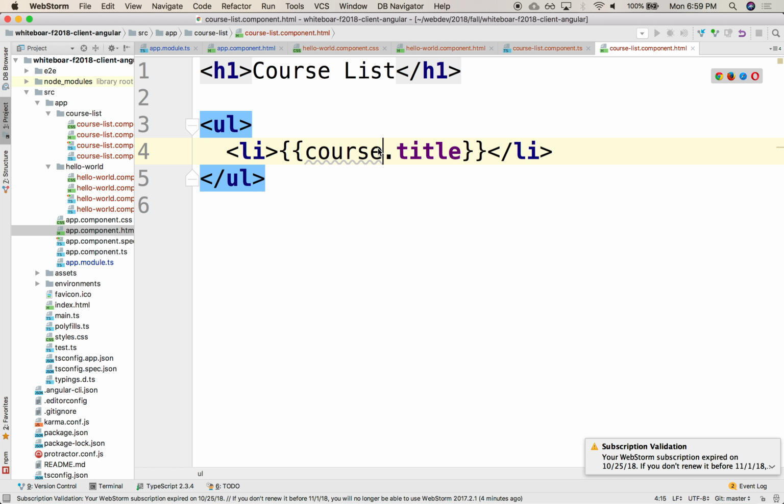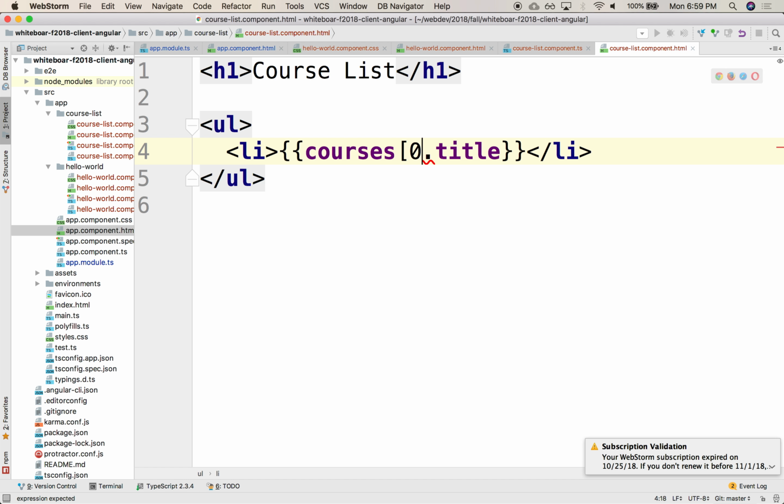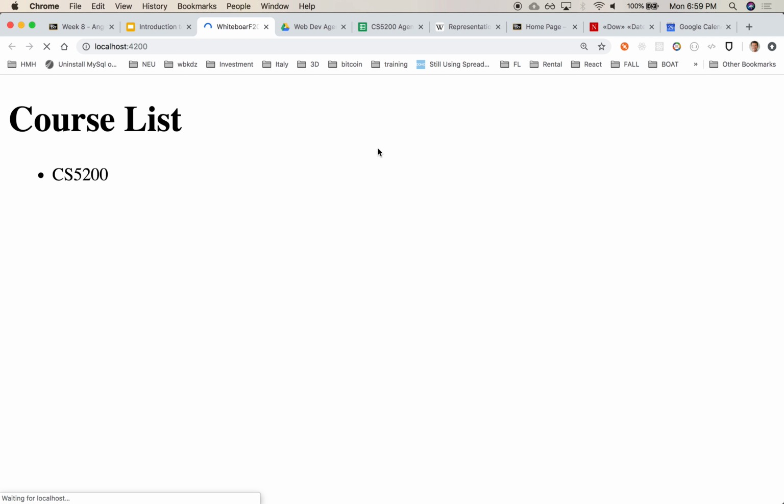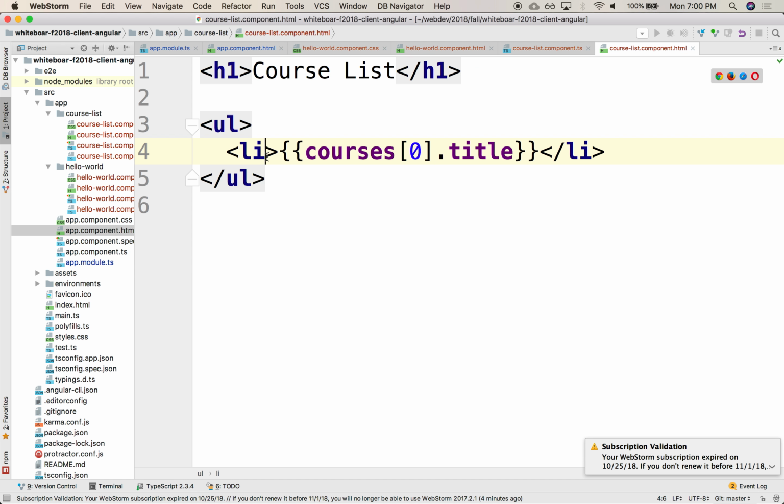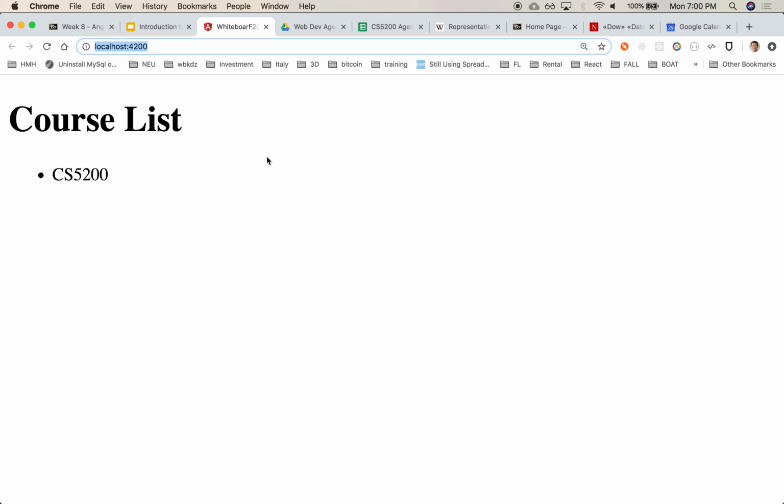We can say course sub 0 dot title. Okay, so we do have access to that array, right? And then we can iterate. We can navigate through that data structure on the component side. But ideally, what I'd like to be able to do is just iterate over it like a loop. And this is where I was telling you that